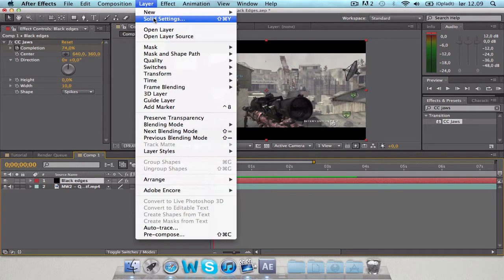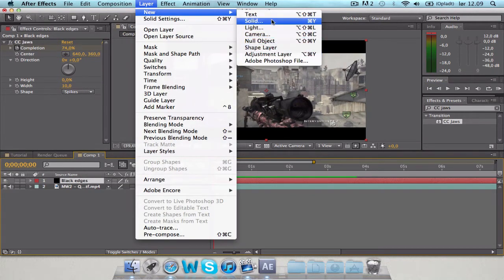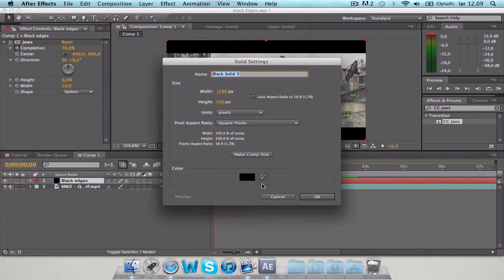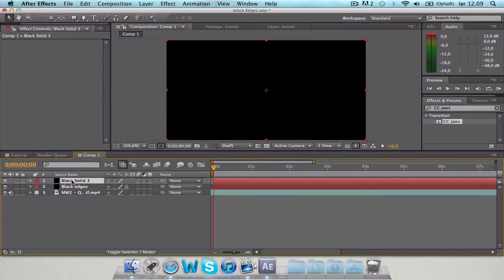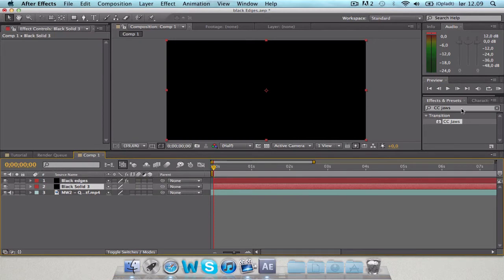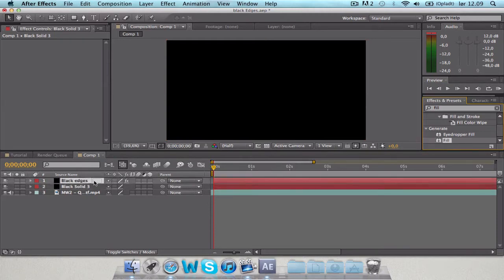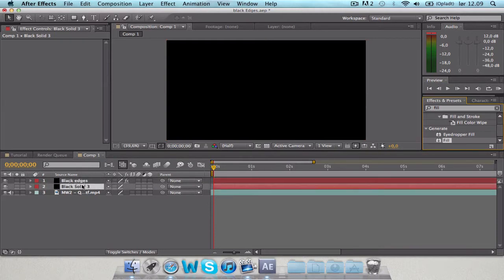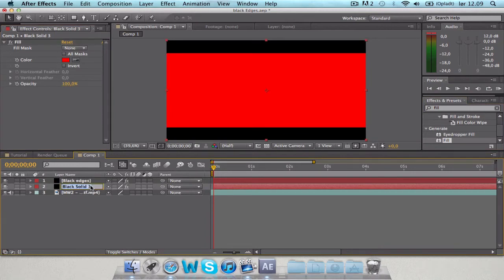If you go up, make a new solid again, just make it all that comp size, then drag it under black edges, then go out here and type fill, go down, take this over to our black solid, and we're just gonna rename this to light. It doesn't matter. We know this is our light.